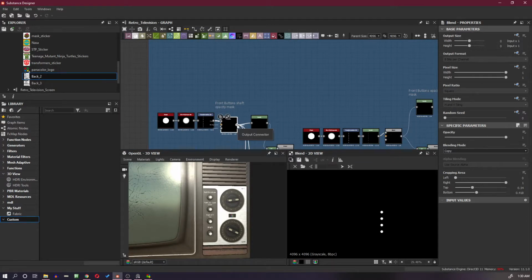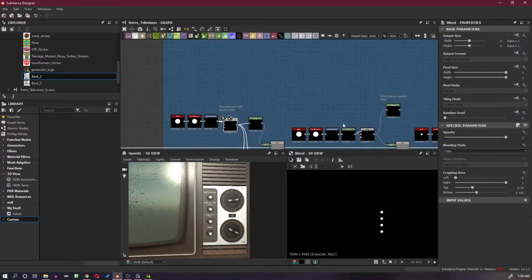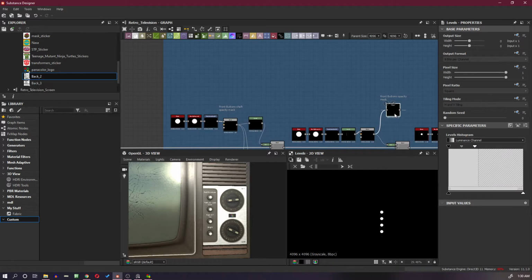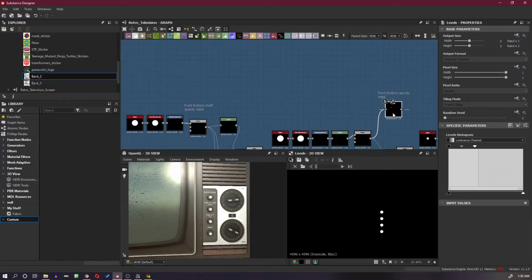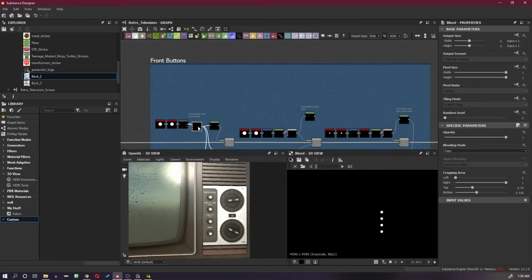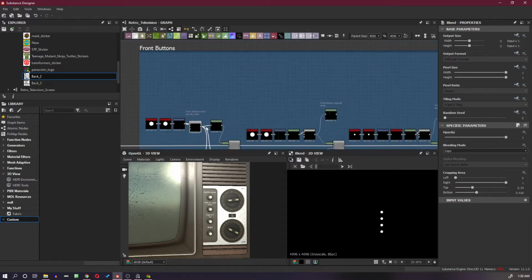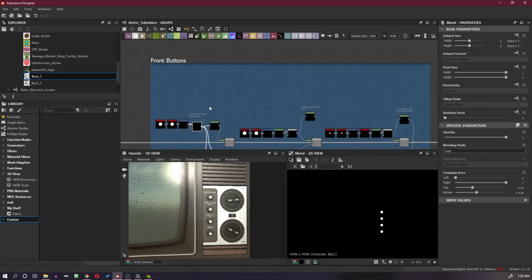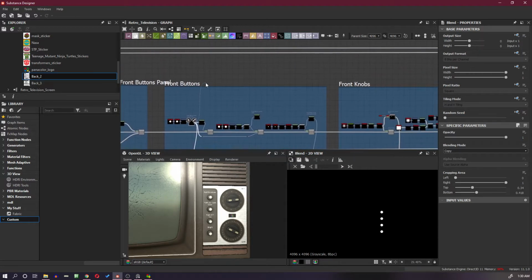In this lesson, we will continue with our edgewear and see where else we can apply it. So we have these front button opacity masks. Let's see if we can apply it on the buttons and knobs and other places. So we'll start with the buttons area. I'll take this opacity mask of the buttons